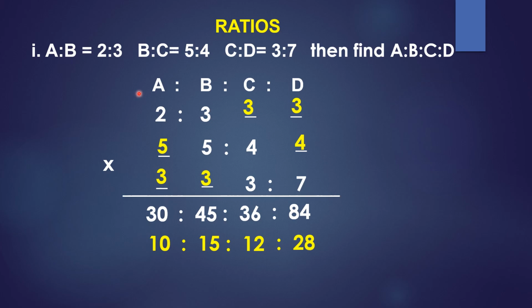You can observe this is the shortest method. Instead of multiplying A, B, again B into C, C into D, such a lengthy process and we may forget also sometimes. But in this we can't forget anything. Just you have to arrange it, write it, multiply and write the answer. This one still we can further modify.